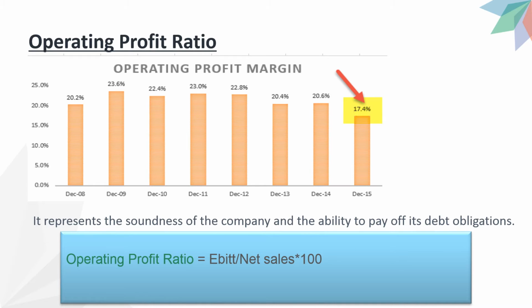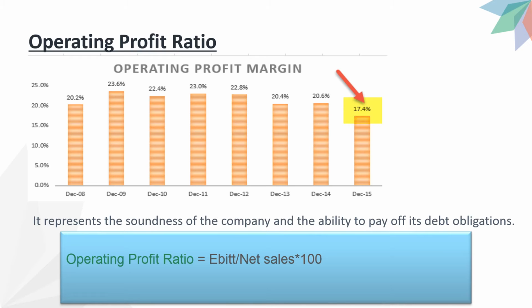Operating profit ratio. Operating profit as below in the graph. December 2008, 20.2%. December 2009, 23.6%. December 2010, 22.4%. December 2011, 23.0%. December 2012, 22.8%. December 2013, 20.4%. December 2014, 20.6%. December 2015,